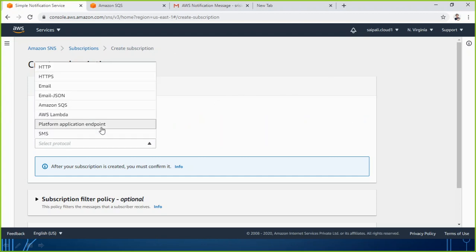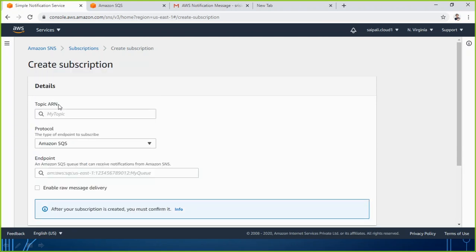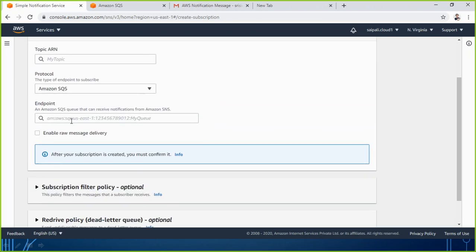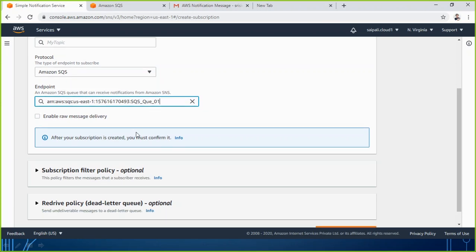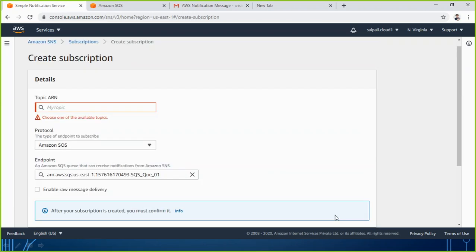This time I'm selecting Amazon SQS. Then here you will get the queue name. It is giving me only one queue name, the standard one, because FIFO doesn't work here. So I select the standard queue, and then click on create subscription.